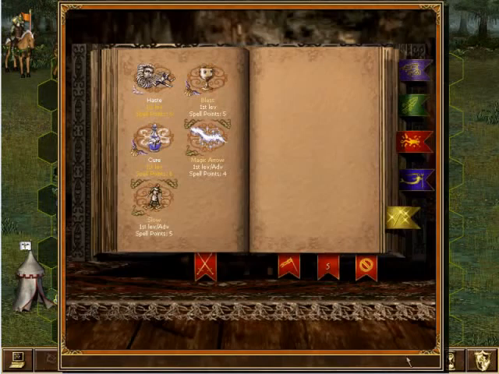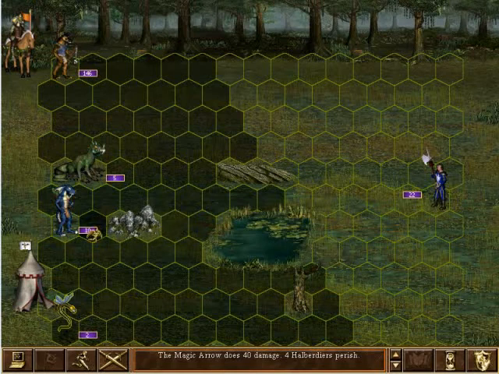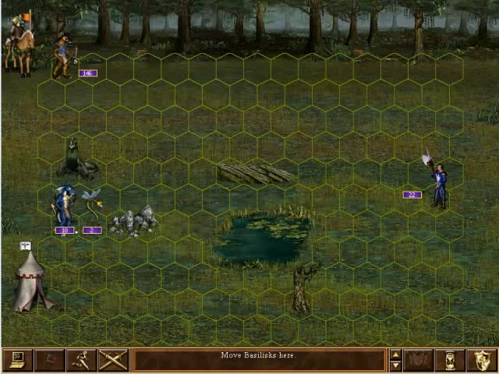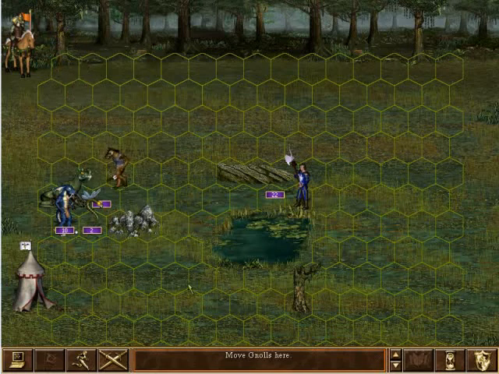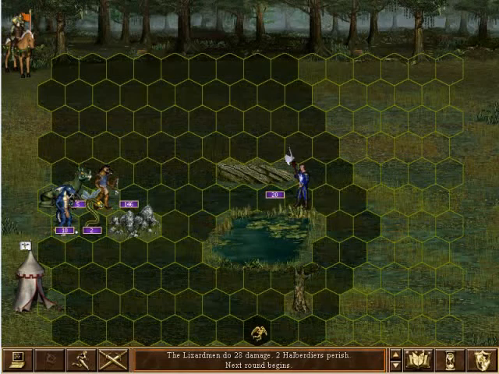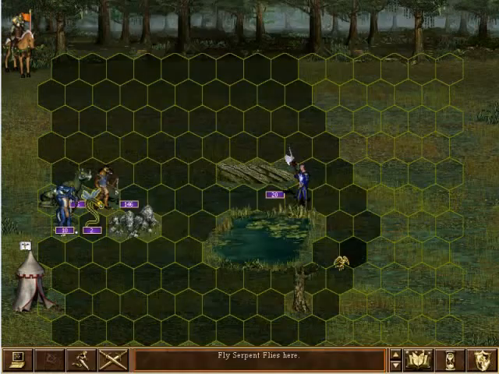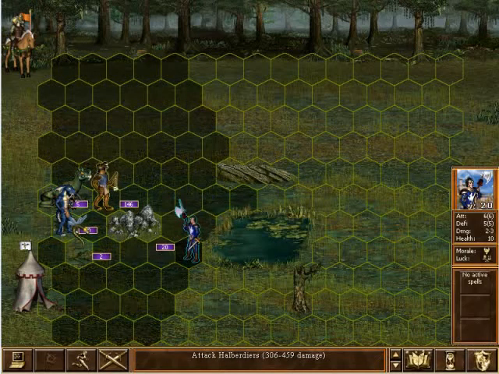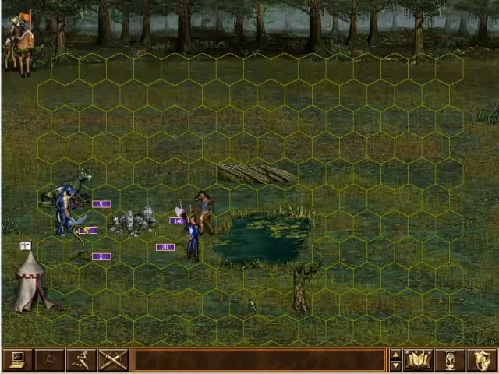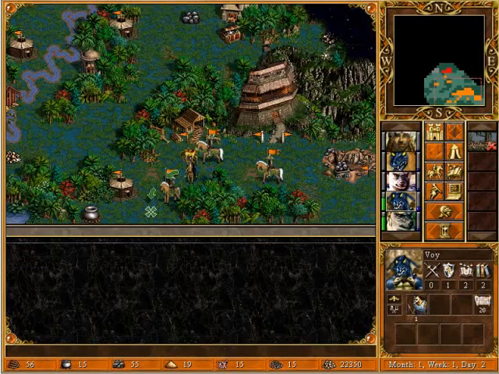Okay, let's see if I can actually remember. Magic Zero. Oh. Silly me. Okay. The gnolls can probably take those guys out easily. Yep. Alright, then we can have...